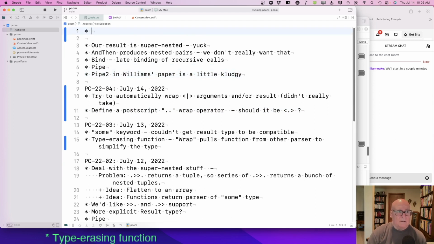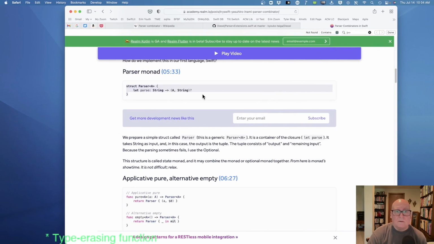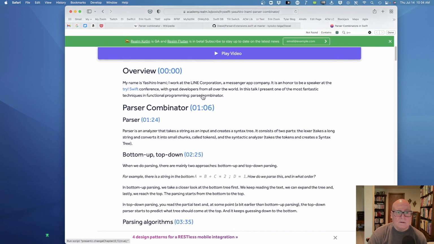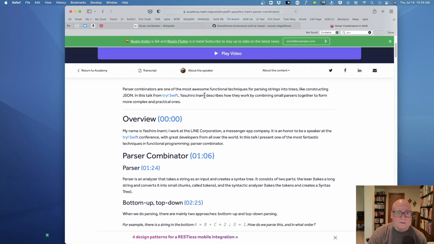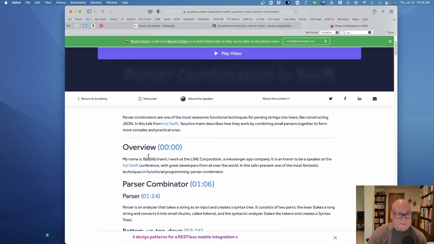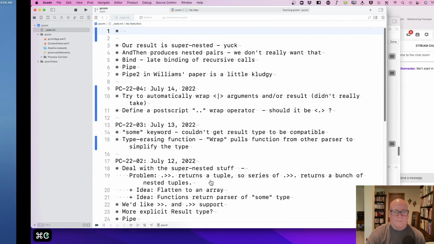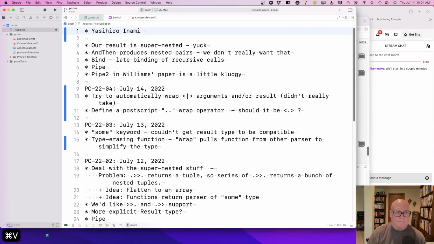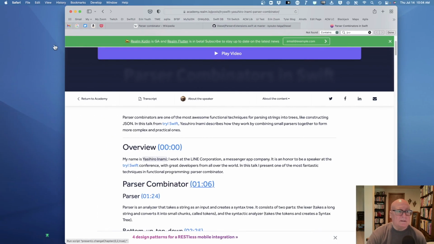We're trying this approach. I guess it wouldn't hurt to put the link in.